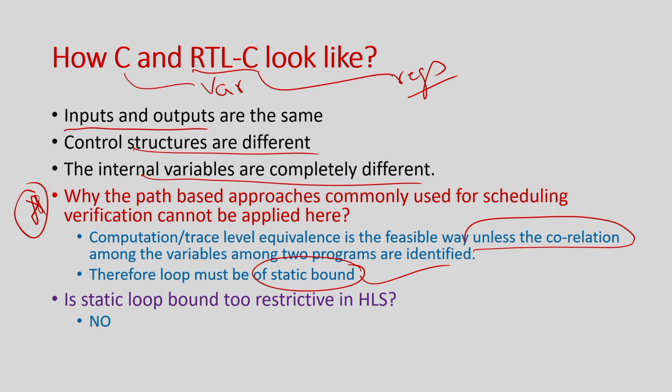So, that must be there, otherwise the number of traces we cannot enumerate. That is the problem. So, now I try to argue. This is the first difficulty that comes in making this C to RTL equivalence checking. And now I try to argue whether this static loop bound is very restrictive for high level synthesis, because we